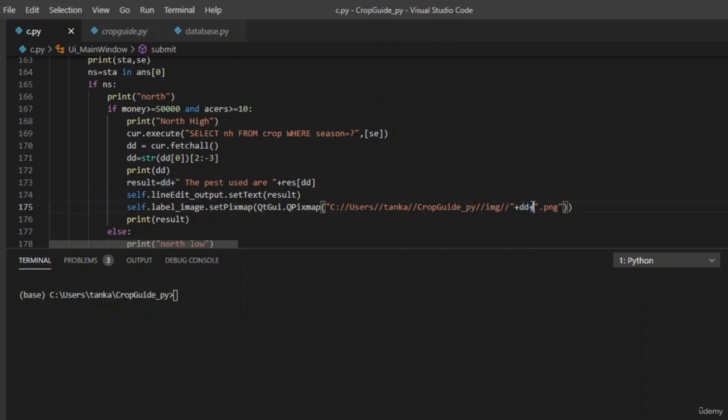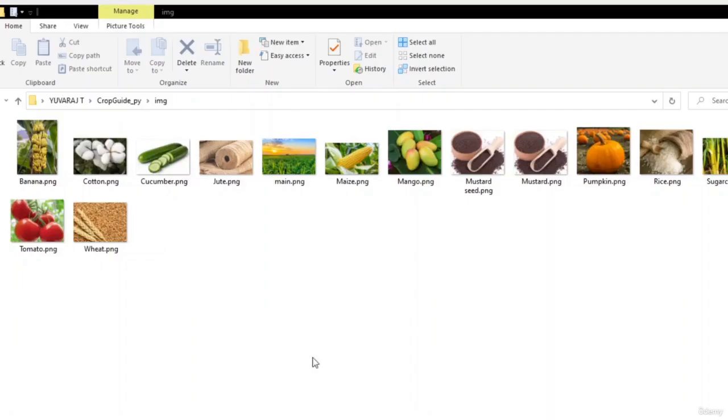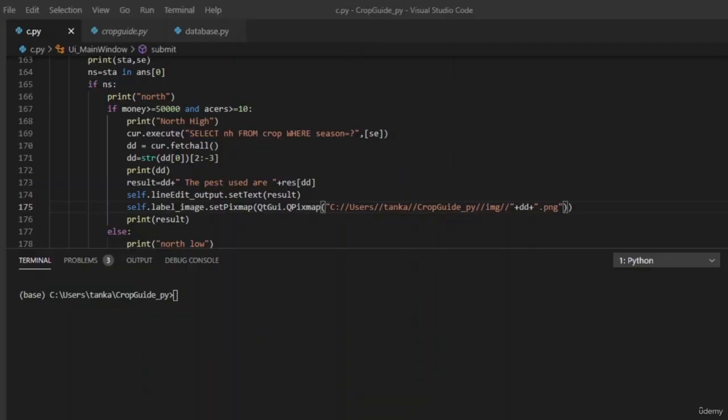in the dd, now as you can also see that I've created all the images in png format in the directory. You can see all the images are in .png. You should also make sure that all the images are in only one format, png or jpeg. As we are concatenating three strings, we are using the plus symbol, and now whenever the user clicks different inputs, the dd will be changed, and it will concat and find the image with the same